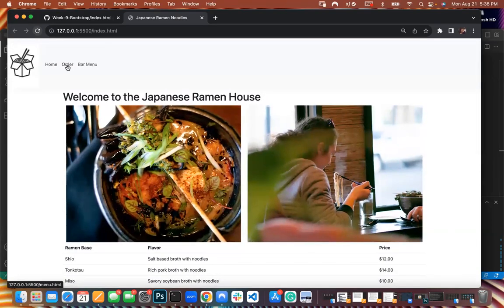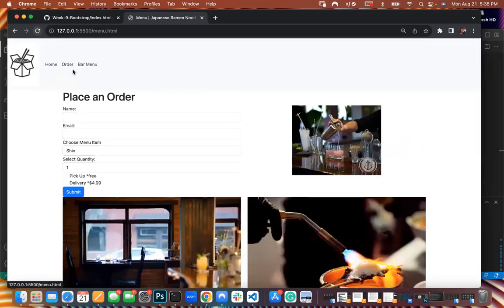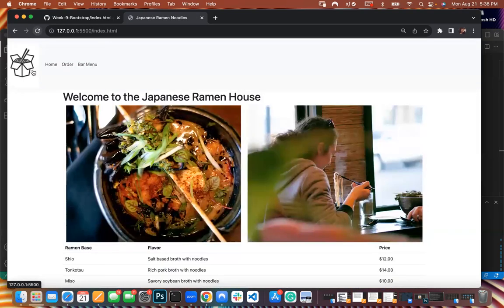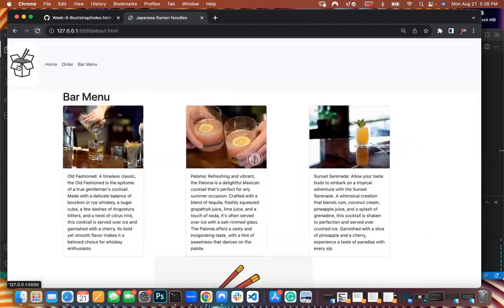So first we'll do the nav bar. I'm going to click the order page. Takes me to order. I'll click the logo. It takes me back home. I'll click bar menu. Takes me to the bar menu page, and then I'll click the logo, and it'll